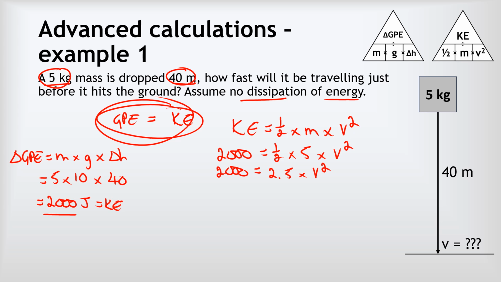We're going to need to rearrange now to make v squared the subject, so it's being multiplied by 2.5, so the inverse is dividing by 2.5. Divide by 2.5 on both sides. So we end up with v squared equals 2000 divided by 2.5, so v squared equals 800. And then finally, we need to get v on its own, so v is being squared. The opposite of that is to square root it, but we've got to square root both sides to keep everything equal. So we end up with v equals the square root of 800, which comes out to